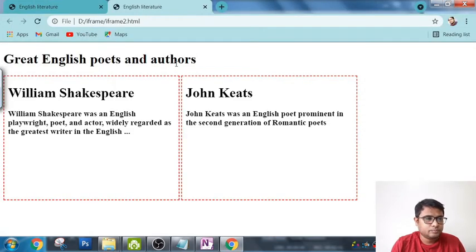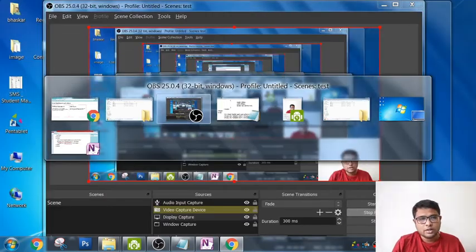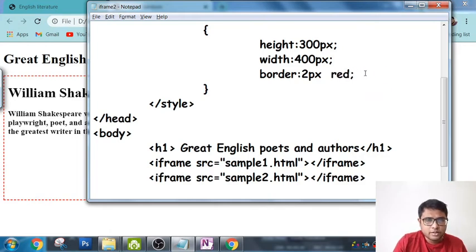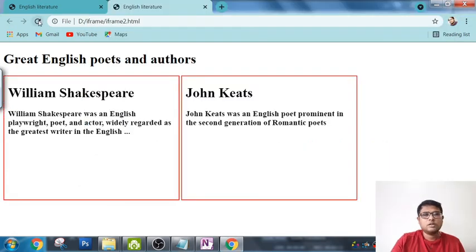See, the border has changed from dotted to dashed. And if I want only a solid color, that also we can do. I'll show you. In place of dashed we will write 2px solid red. See, it is solid red.